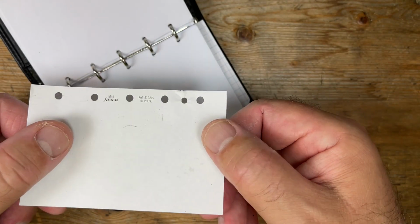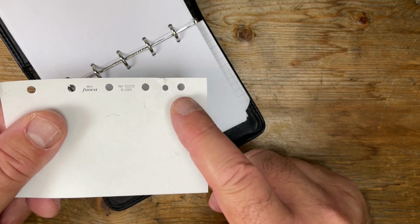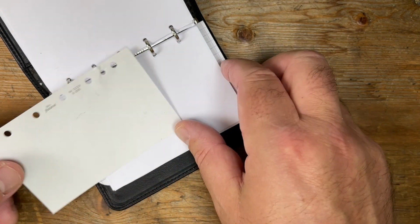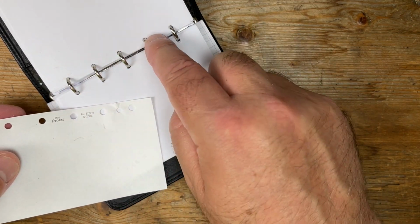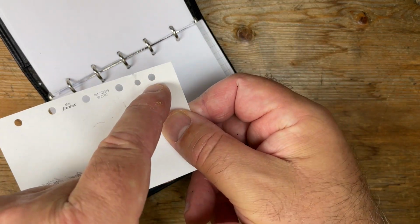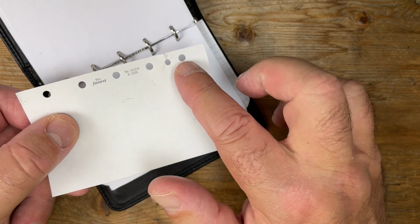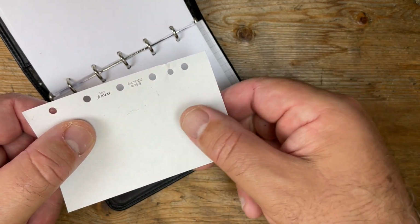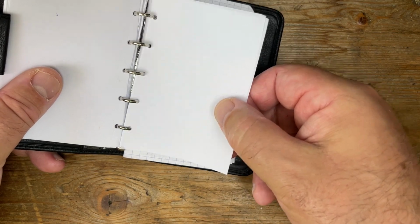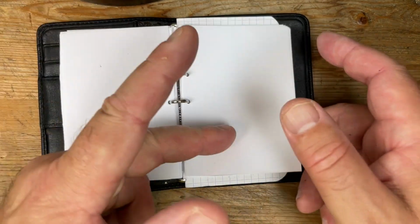I've just used the 3mm hole punch, and you can see that the standard holes that Filofax use on their mini-sized paper are actually larger than they need to be, because these rings are quite slim in the external diameter of the metal here, so you don't need to have such a large hole. Personally, I think 3mm would be better. It just means that your paper doesn't waggle about too much. It is the perfect size, I think. 3mm, perfect size for mini-sized rings